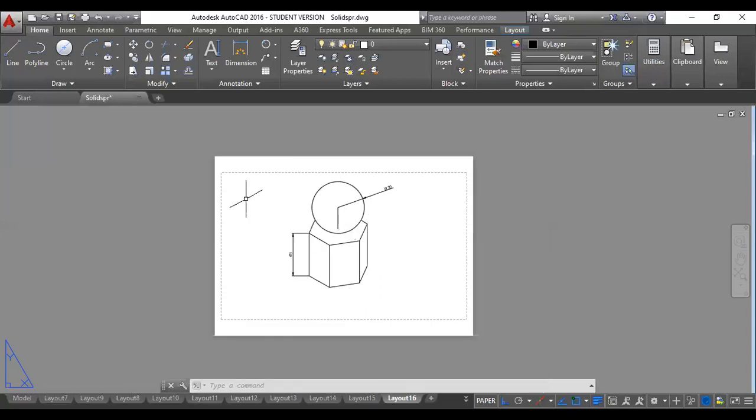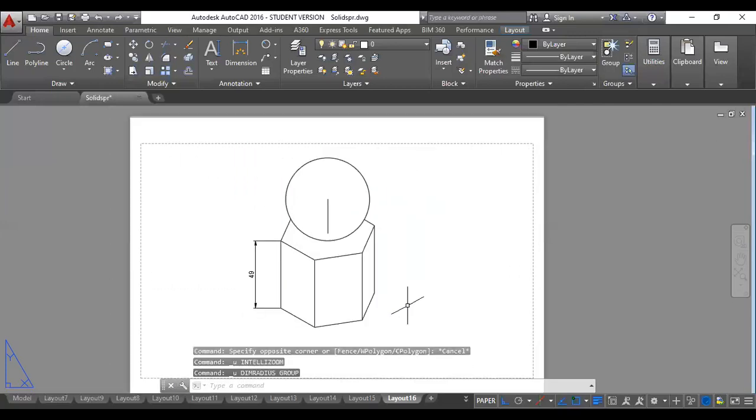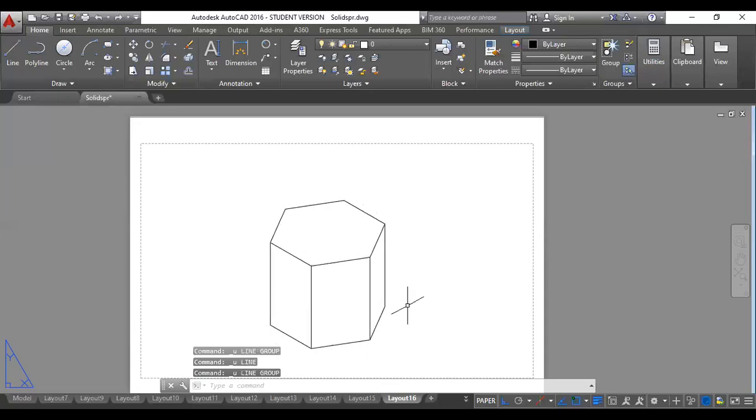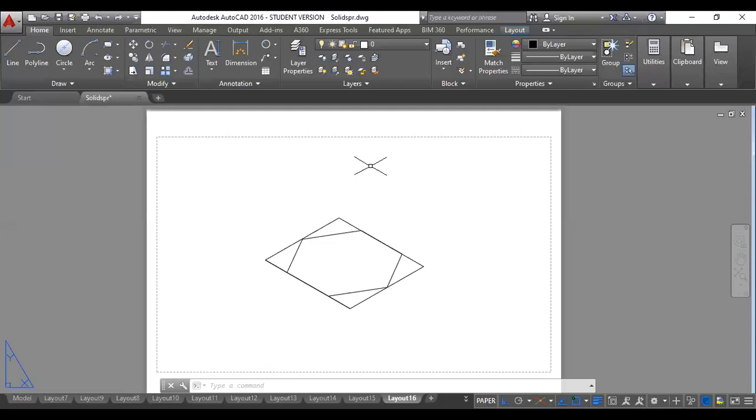Now let us say I want to draw a pyramid itself, not a frustum. Let us see. So I'm undoing all the things. Let us say I have drawn the base of the hexagon. Now instead of a hexagonal prism, I want a pyramid here. Very simple, a pyramid will have only a base and an apex point. So you need to locate the center first. So this is the center of the hexagon.